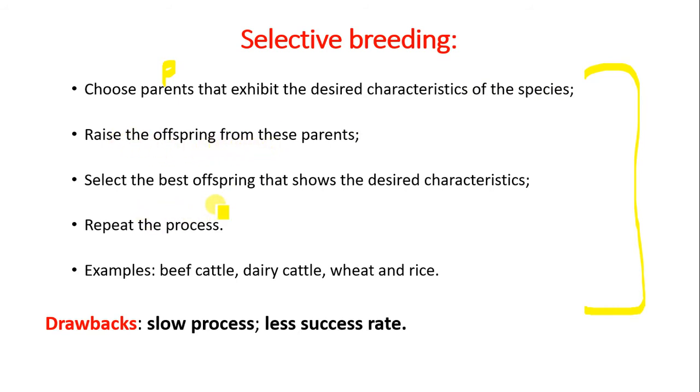So you select the best offspring that shows the desired characteristics, and you repeat the process. Now, examples are beef cattle, dairy cattle, wheat, and rice. Then the drawback to selective breeding has to do with it being a slow process. It's a slow process and it has a lower success rate. But once it's done and you're successful, you now have the desired characteristics. You now cultivate things like rare animals that have more meat, more milk, and also for